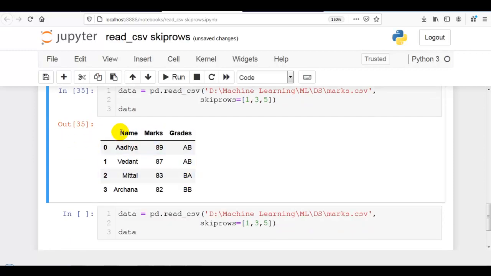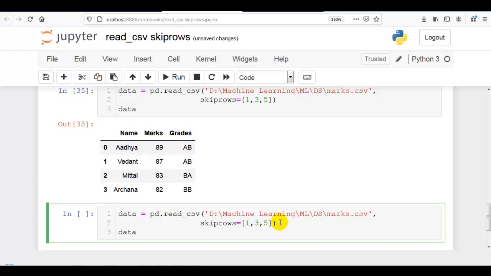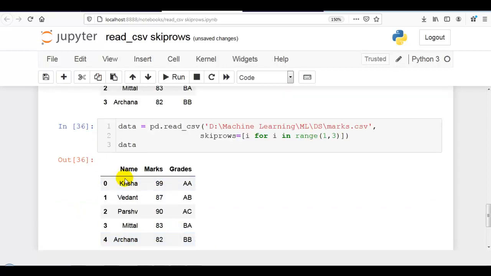You can see in skiprows, this will be considered as 0, 1, 2 likewise. So here we have to give a list comprehension: i for i in range(1, 3). As you know, in range, the first one is inclusive and the last one is exclusive. So it will take line numbers 1 and 2 and skip them. It skipped line number 1 and line number 2.